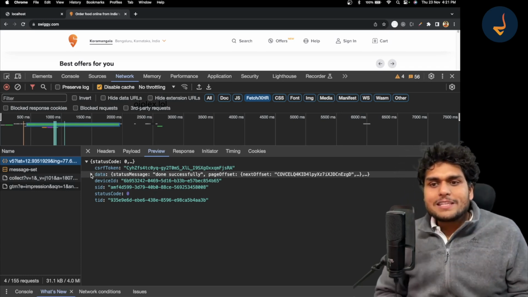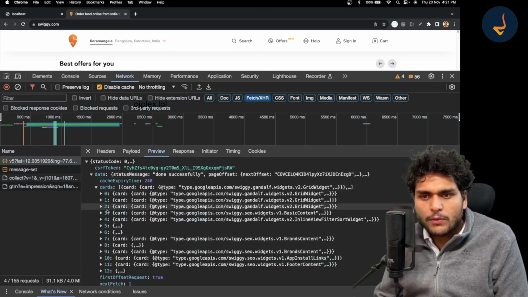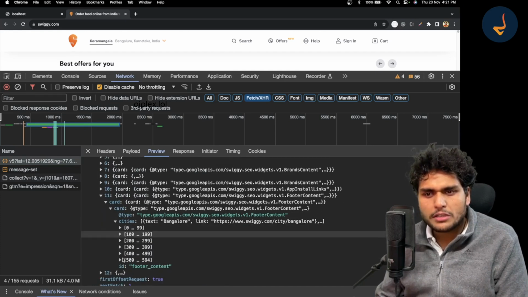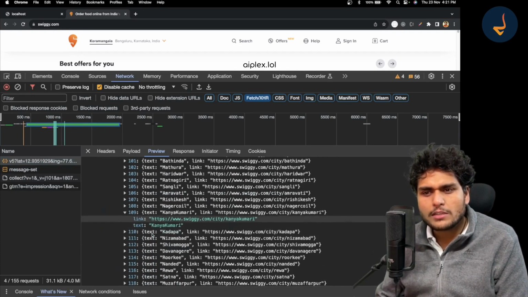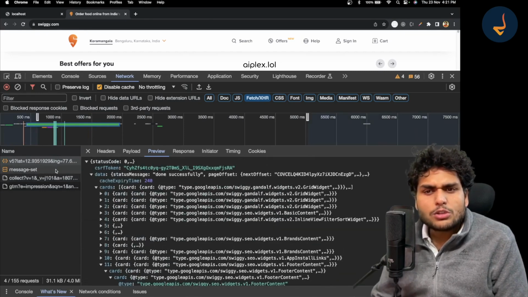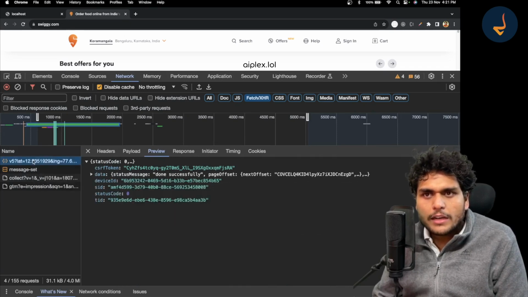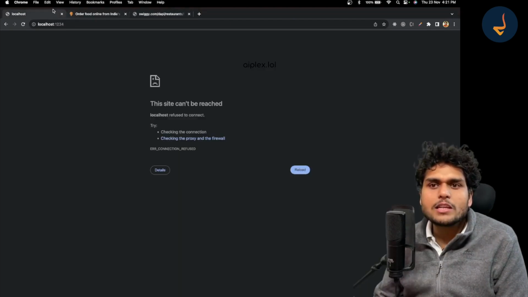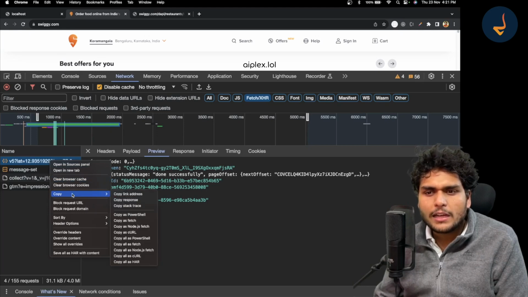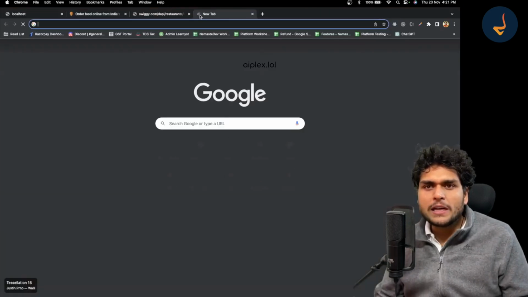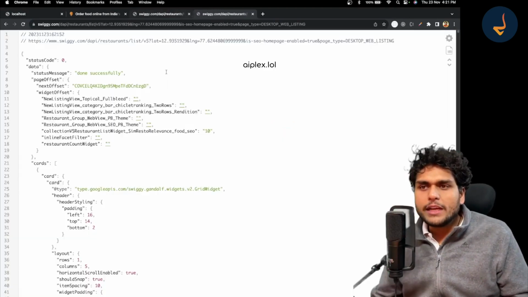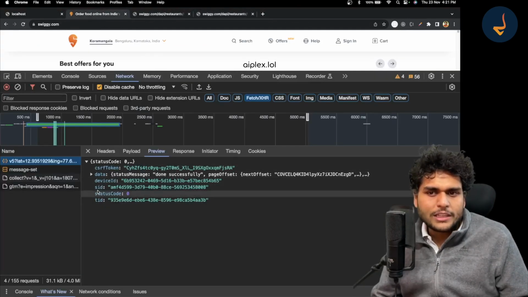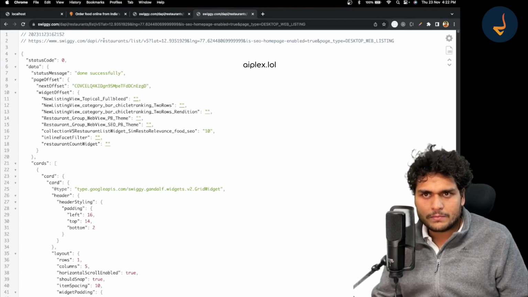To get the list of restaurants, you need to study this data properly. When you see this data, it is huge, right? It's huge nested data. It will have so much data inside it. You can double click on it and it will open in a new tab, or you can copy the link address and open it in a new tab. It will show you the data in full page. It's harder to see over here, and easier like this.